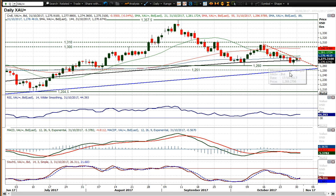So yeah, I think it's a big struggle overhead in the near to medium term for the gold price to start to recover. But you have started to break down that downtrend. I should say break up through that downtrend. So the market is less negative than it was, but it's still unsure, I think. With the moving averages, you could argue flattening off, trading around the moving averages. Is it in a bit of no man's land at the moment, you could say, on the gold